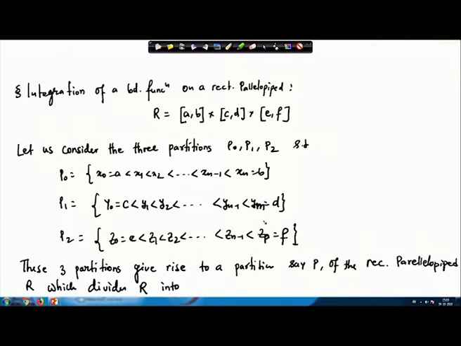So, we take it as a rectangular parallelepiped. So, xn, ym and zp into m and p sub rectangular parallelepipeds. So, it will divide the whole rectangular parallelepiped into mn times p sub rectangular parallelepipeds, and where